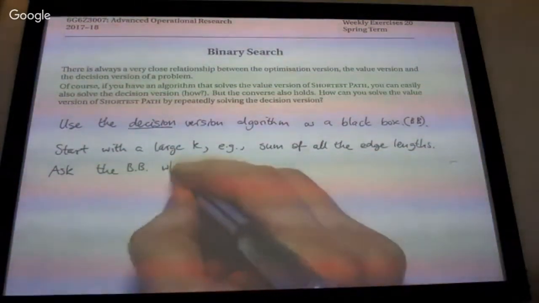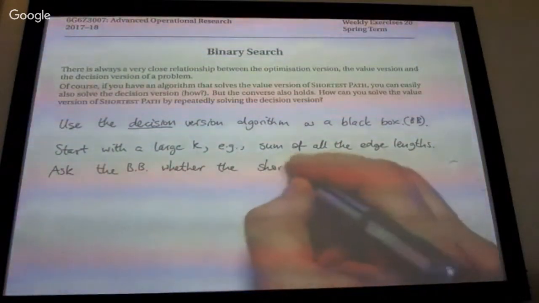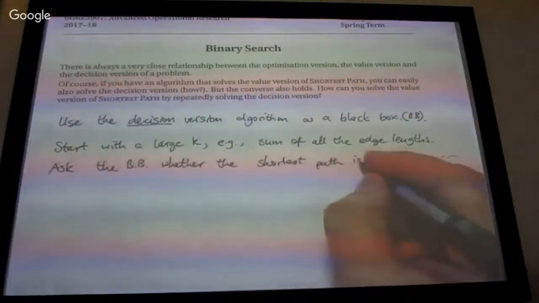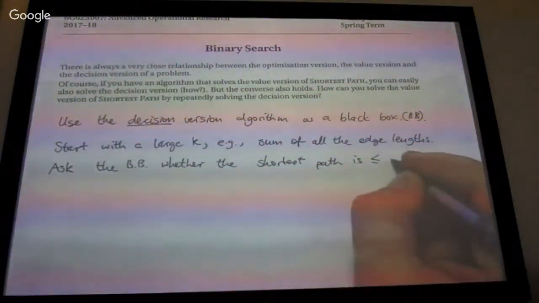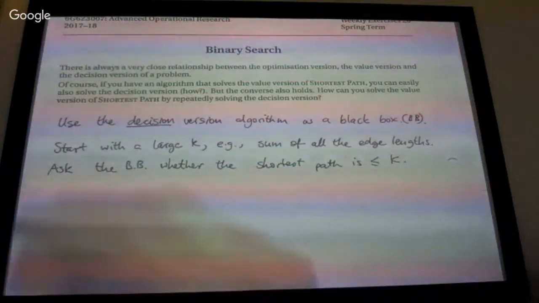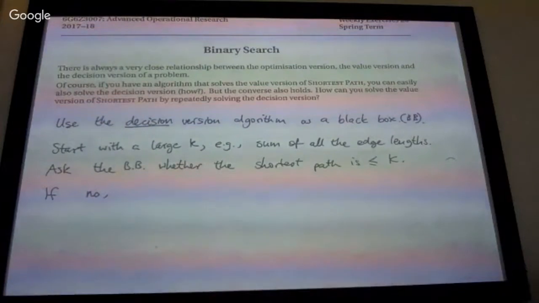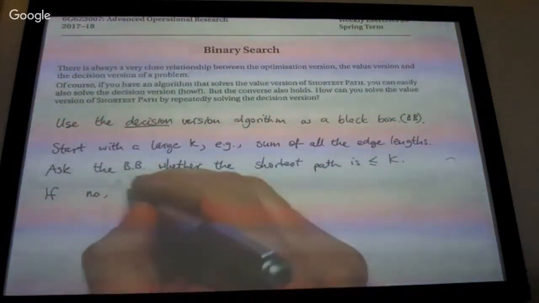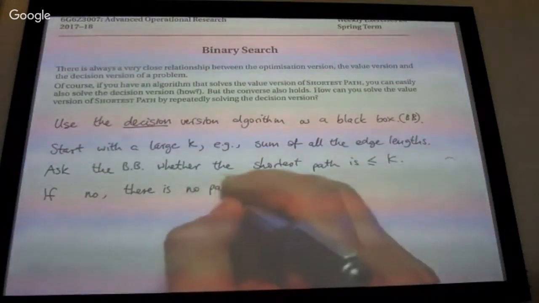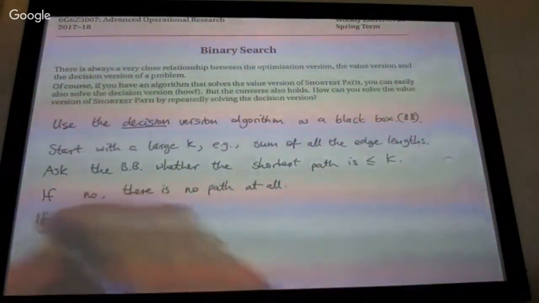So now ask the black box whether the shortest path is, well, length at most k. Okay, and if no, there is no path at all. That is also a possibility. If yes,